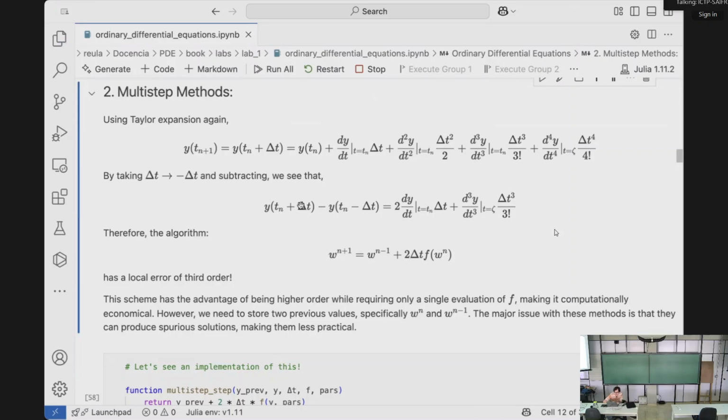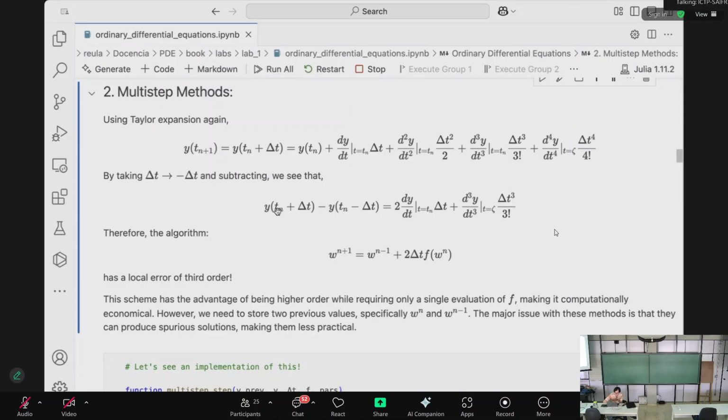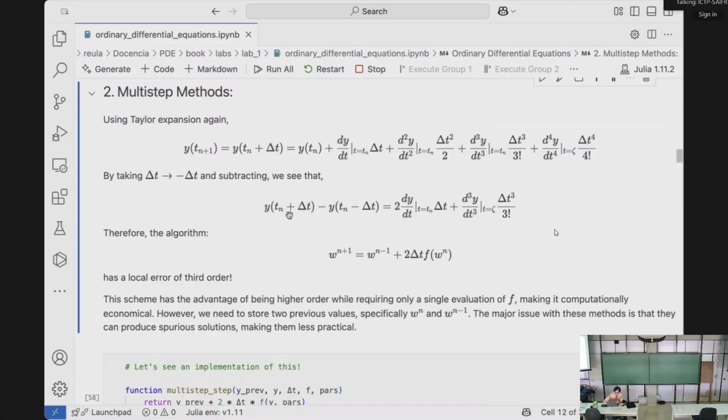Here, what we are doing is taking y one delta t to the future and one delta t to the past, and we are subtracting them. And this cancels out some terms in the Taylor expansion, and what we end up with in the end is this algorithm,